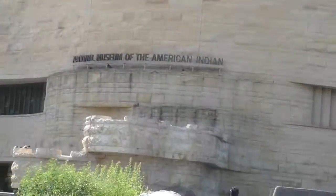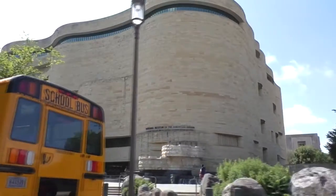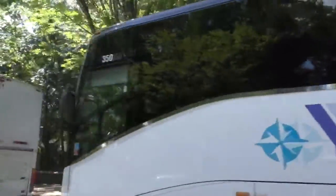What else is really neat about the museum, you can take a walk along the exterior and see different examples of environments you might find in North America. So for instance, on our right-hand side here, examples of the totem poles of the tribes of the upper Northwest. On the far side, the Great Plains regions and the teepees. And at the end of this road, examples of the swampland region of, say, Jamestown, or even here in Washington,